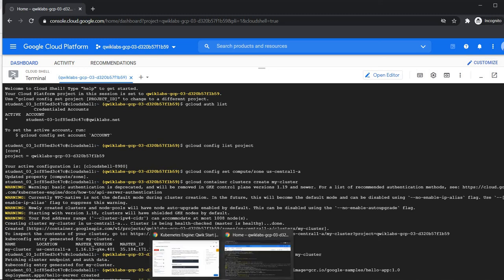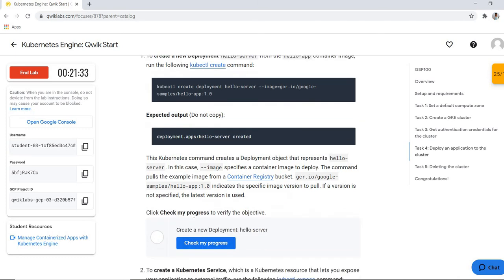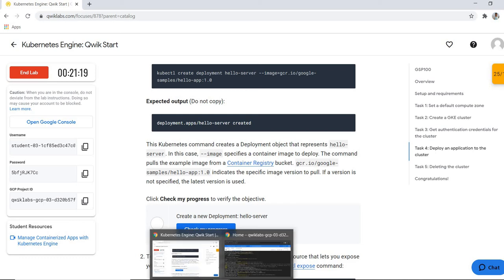It may take some time to deploy. When you explore the Kubernetes tool, you have this kubectl command, which is mainly used for interacting with the Kubernetes engine, and this is the basic command. Like in the cloud shell, we are using the gcloud command in the majority. Same as in the Kubernetes engine, we have to use the kubectl command. There are lots of features in this kubectl command.